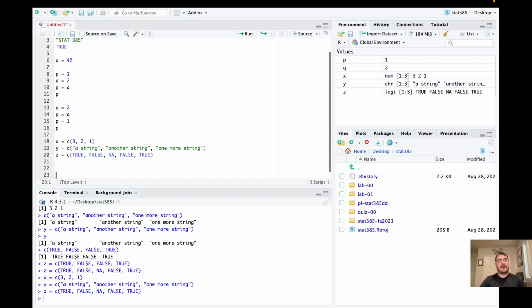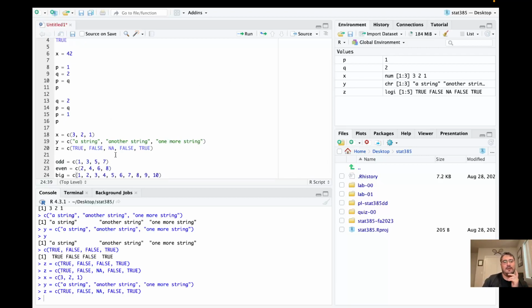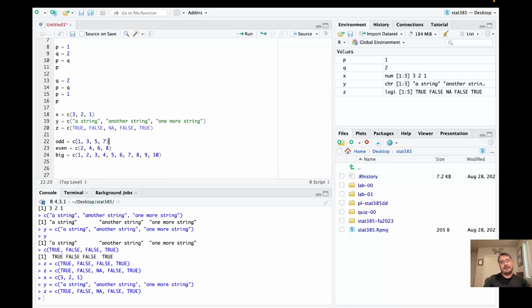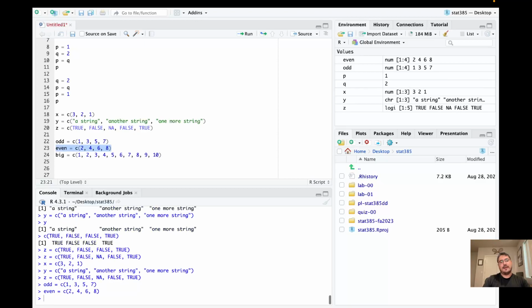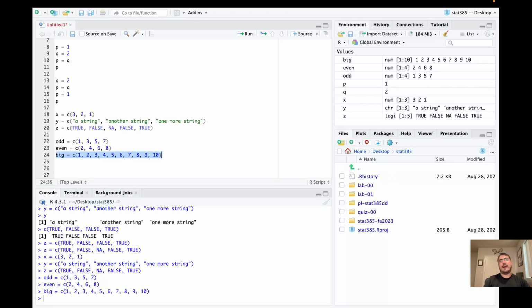So now let's continue with this idea of creating numeric vectors. I have odd numbers 1 through 7, even numbers 2 through 8, and this thing that we'll just call big, which is all of the whole numbers between 1 and 10. So I have 3 numeric vectors. I can use the combine function to combine these vectors together. So for instance, I could do